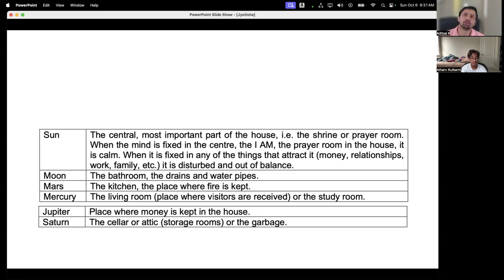If anybody is interested, you can read the books. If anybody does not know Samskrita and wants to read Jyotisha in English, then you can read the books of Alan Leo. He was an interesting guy. He is a British guy who came to India, learned Jyotisha from the Indians, and wrote the books in English. If you want to read Jyotisha for beginners, then Alan Leo's books are great. Now, we have classical texts on Jyotisha, the most important of which is called Bruhat Jataka by a person called Varaha Mihira. The name of the book is Bruhat Jataka.